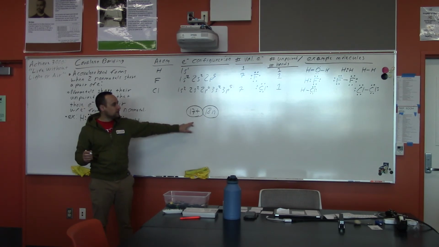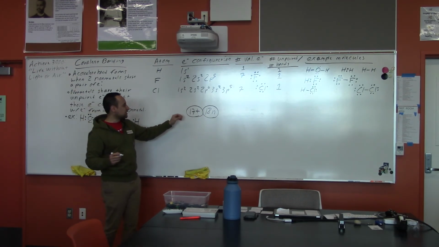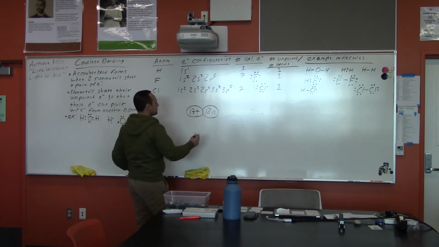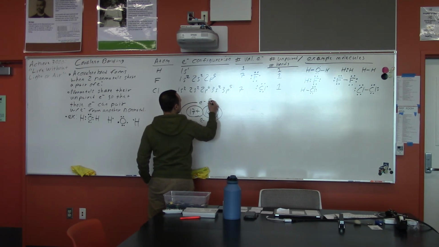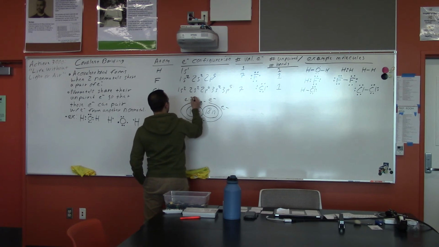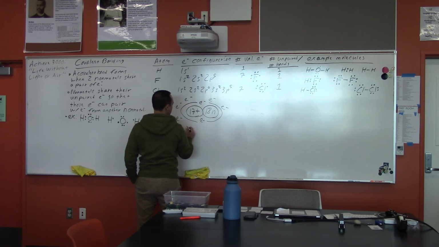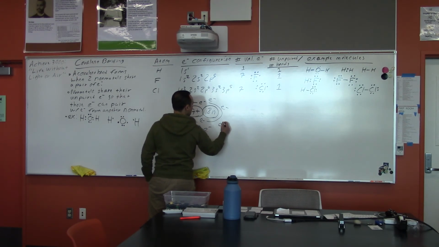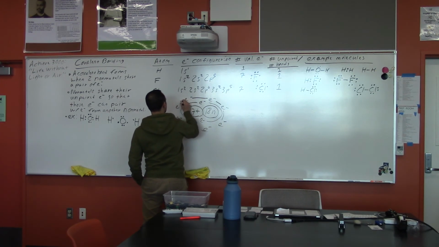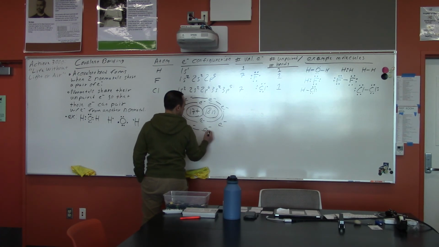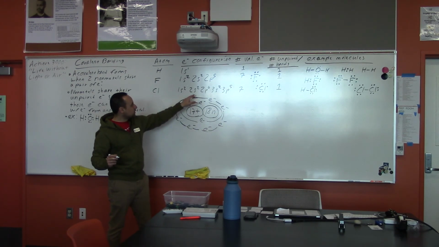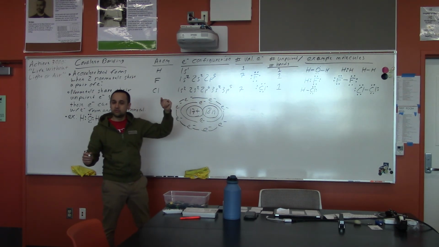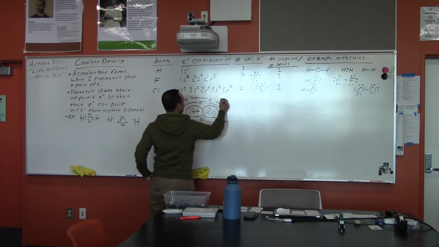Okay, that's our nucleus. So let's go ahead and build shells of electrons. So first shell has 2 electrons in it. Electron, electron. Boom, boom. Second shell has 8. Electron, electron, electron, electron, electron, electron, electron, electron. Okay. 1, 2, 3, 4, 5, 6, 7, 8. Okay. Third shell has 2 plus 5 equals 7 electrons. So we go electron,